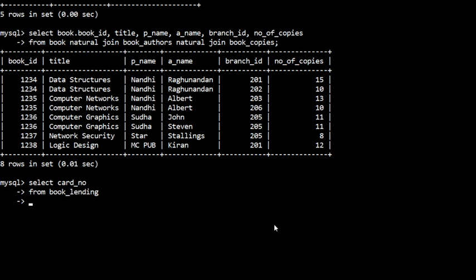So we'll write the where clause, which we have to use if we are applying some condition on the entire table. Where date out, that is the attribute which we want to compare. Okay, date out between 2017 January. So we'll write 2017, month is January, date is January, and